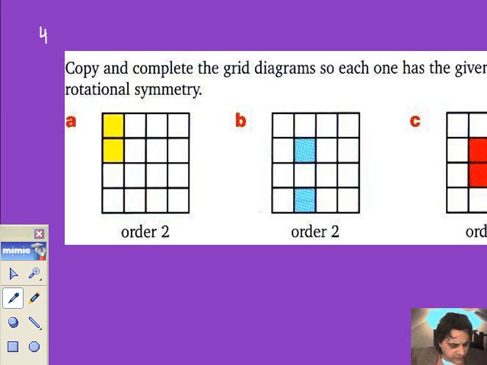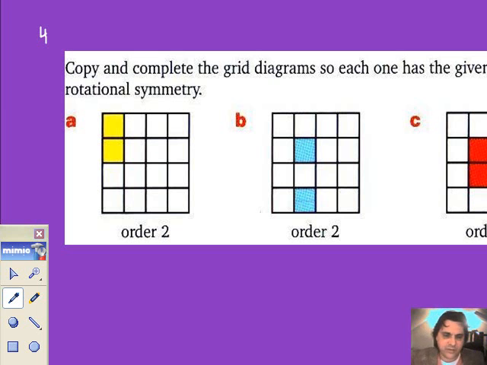Right, this is question 4. Not just rotation, but rotational symmetry. Now, if you remember, it's very low level stuff then. They've graded this at F, so it's not very hard. You've got to copy and complete the grid diagrams to show each one has the given order